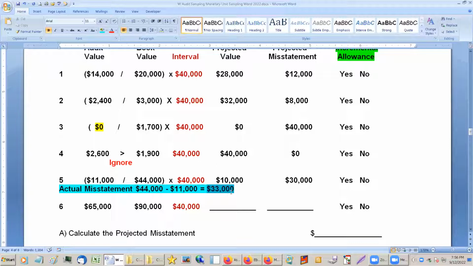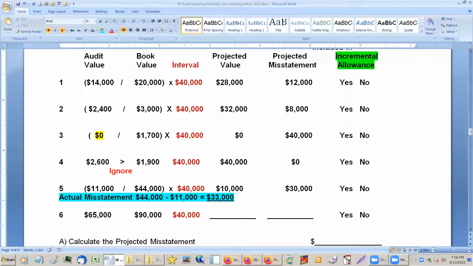This thing is actually misstated by 33,000, and those are not projected. That's a real misstatement. So notice if we were to use the projected misstatement of 30,000, we would really be missing out on the actual of 33,000. In other words, the projected is lower than the actual. When that's the case, we skip all this multiplying stuff and we go right to the actual. So the actual will be used